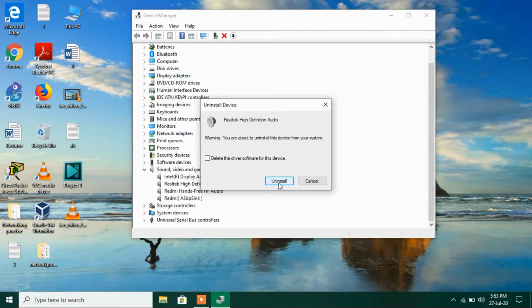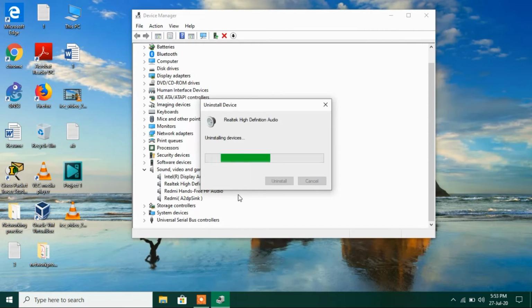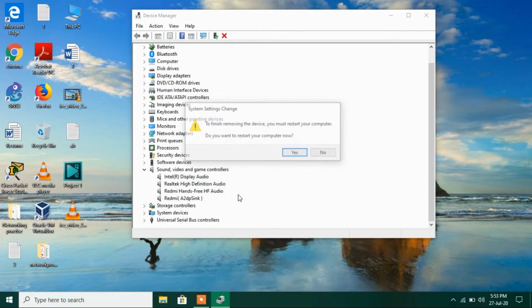Just click on the Uninstall button. Now click on the Yes button and restart your system and check whether your issue is resolved or not. I'll not restart, I'll click on No.